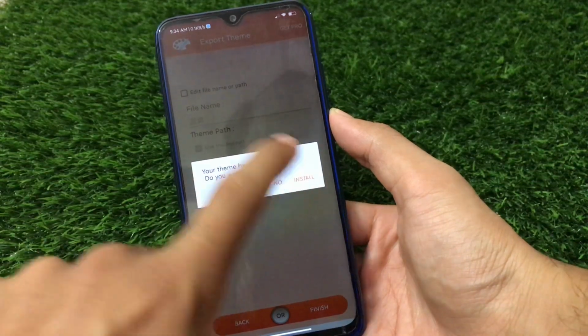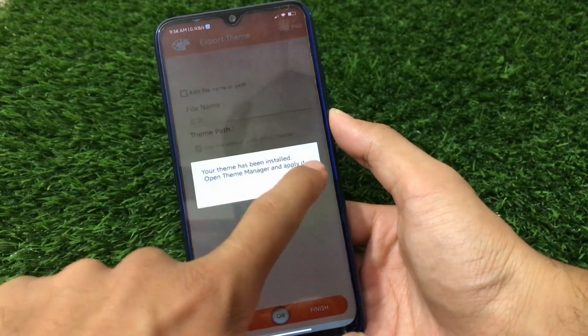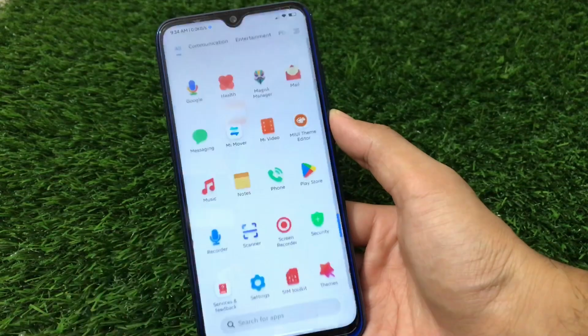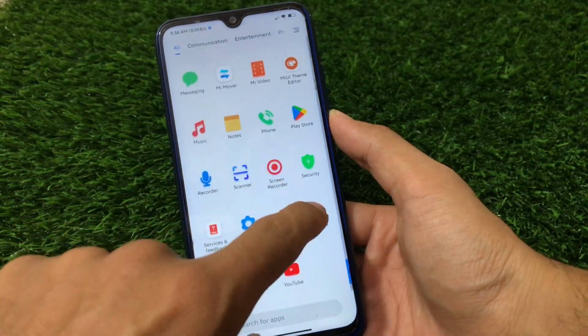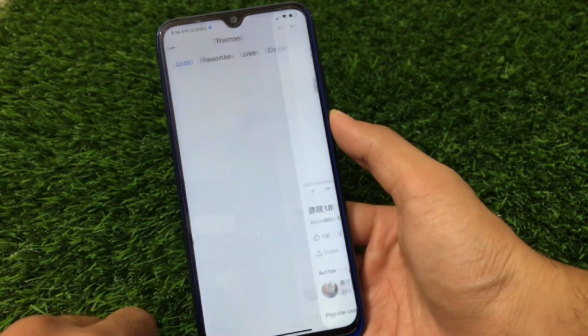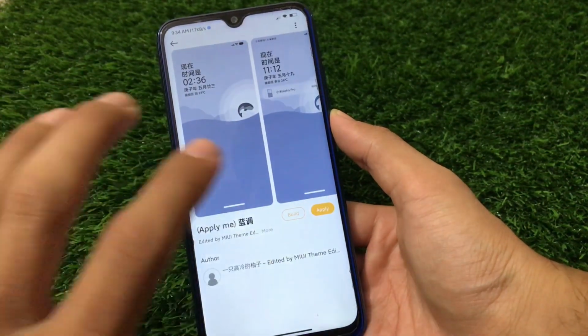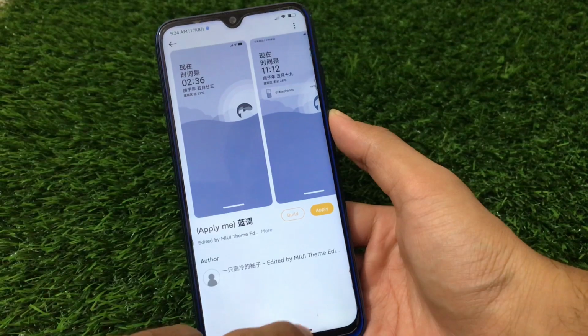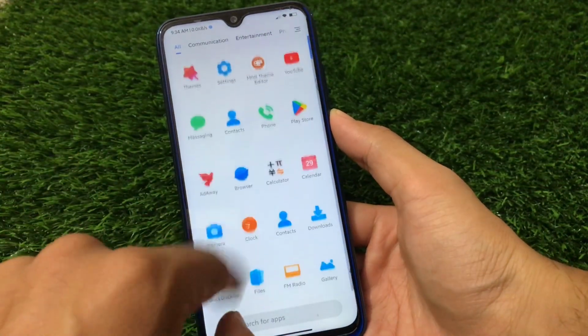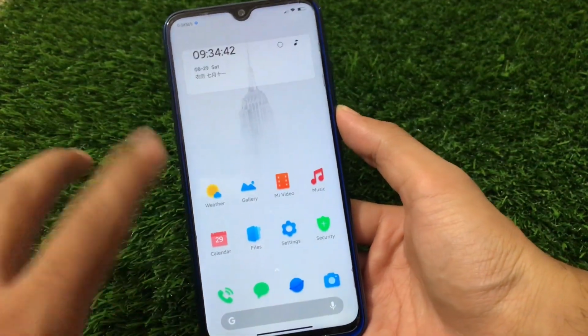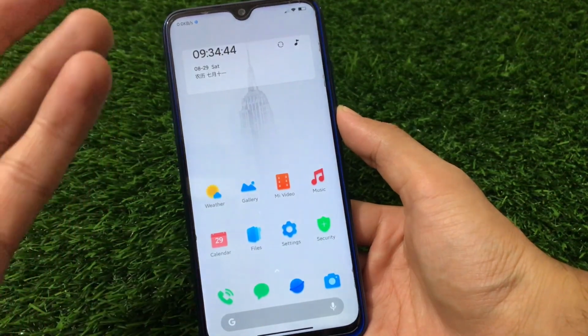Then click on install option. It will take some time to install. Click on OK, and now let's move on to the theme store. Let me show you that we have the theme available in the theme store, which you can apply directly like this. As you can see, apply is written there. Click on apply and everything is just done. It was quite easy to apply third-party themes on your device. So if your device does not support third-party themes, go and install these themes right away.